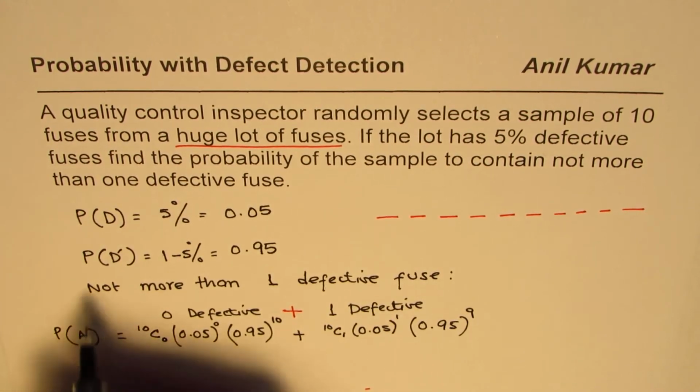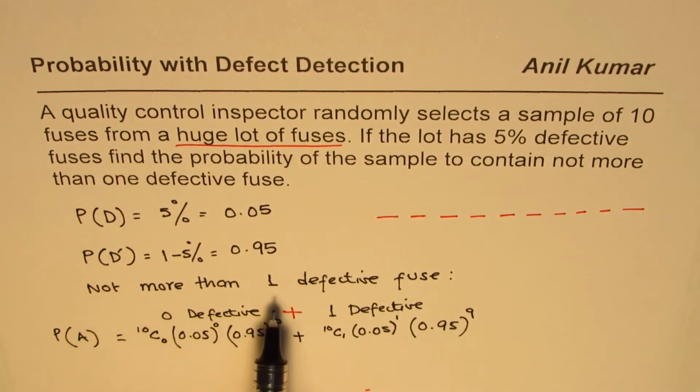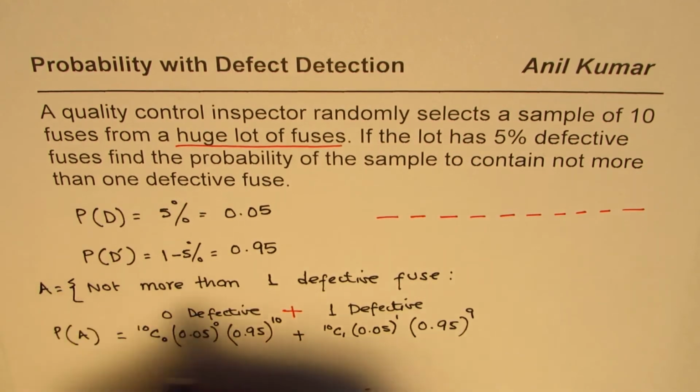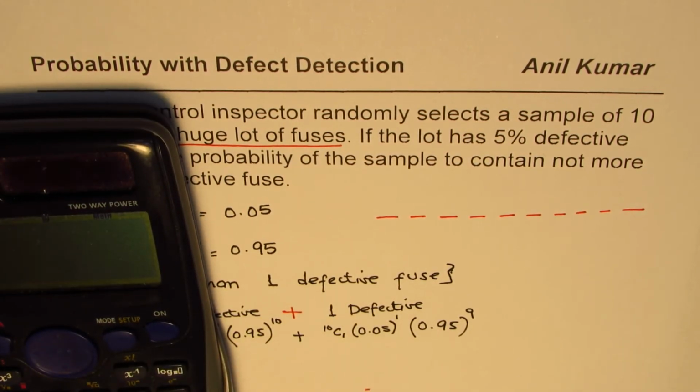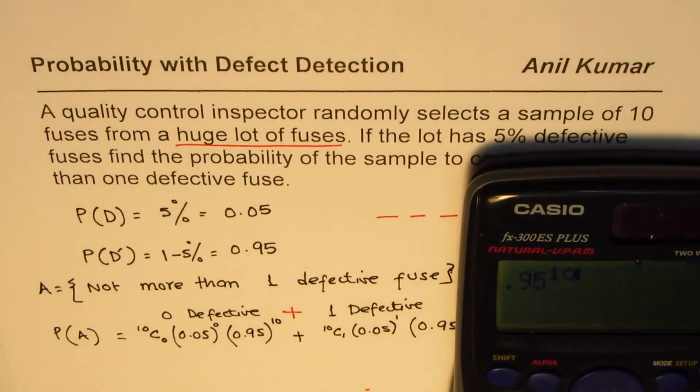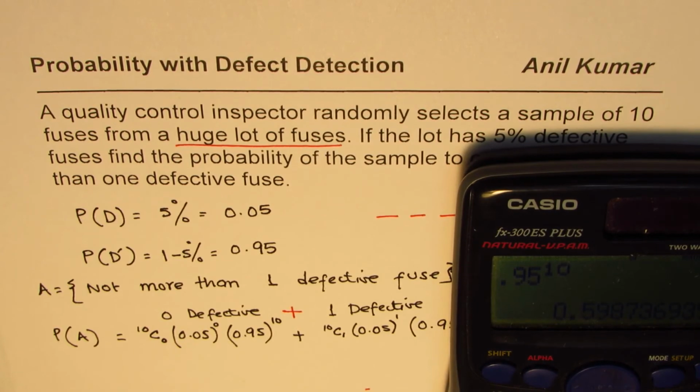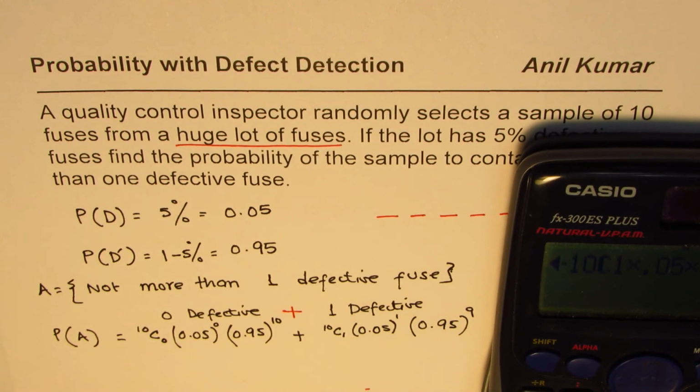So probability of the event A, which we are talking about, which has not more than one defective fuse. So we'll call this our event A, not more than one defective fuse. Now you can always use the calculator to calculate the answer. So 10C0 is 1 and anything to the power of 0 is 1. So the first part here is 0.95 to the power of 10. So that is equal to some value, and then plus we have 10C1, which is 10 anyway. Let's write down 10C1 times 0.05 times 0.95 to the power of 9. So to the power of 9, since 9 of those pieces have been selected, and that gives us a value of